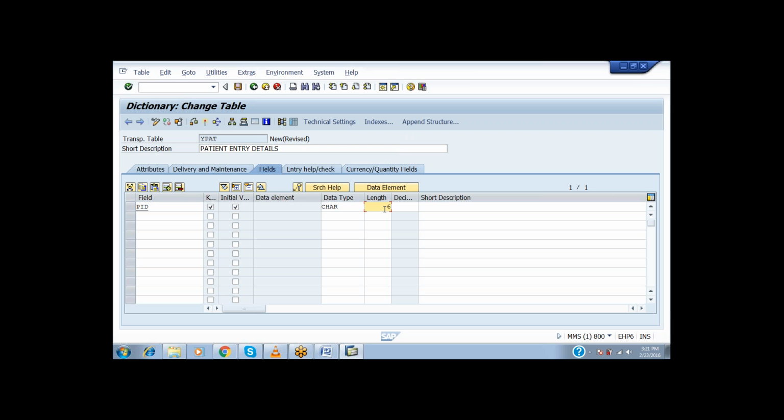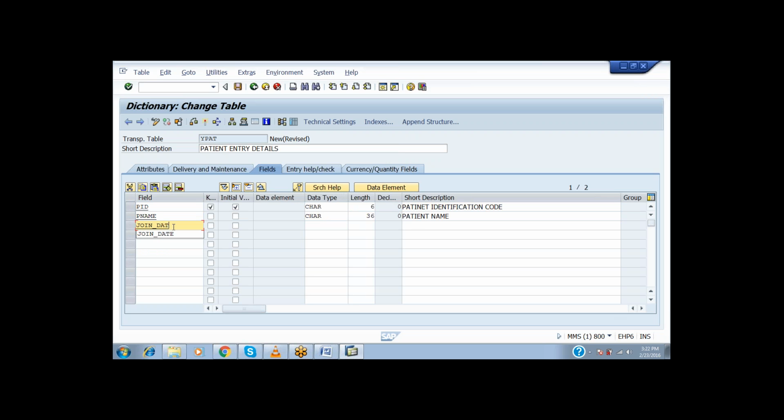And we can write the description here. Patient identification code. So under the table which I have created, one data field is called the name field. Likewise, this also I am asking as character, and it should be a maximum of 36. And here I am using the patient. And next,